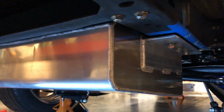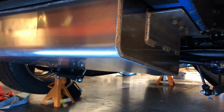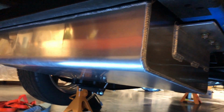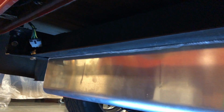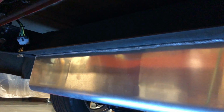The tank's just kind of loosely bolted in right now. It's got to come back out. I've got to do all the fuel fittings and the tank fittings. I got to put a supply and return on there, and then hook up my rollover vent and all that, and also got to drill the hole for the filler there. So now that I know where it's at, I can kind of line that out and cut the hole in